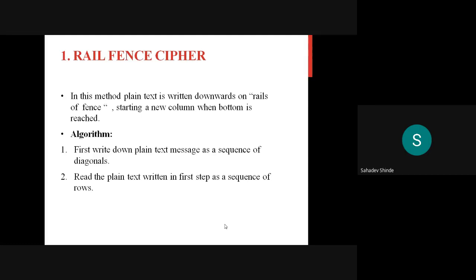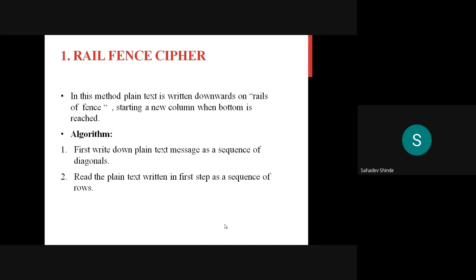The rail fence cipher is a method in which the plain text is written downwards on a rail of fence, starting a new column when the bottom is reached. In short, we write the plain text diagonally.